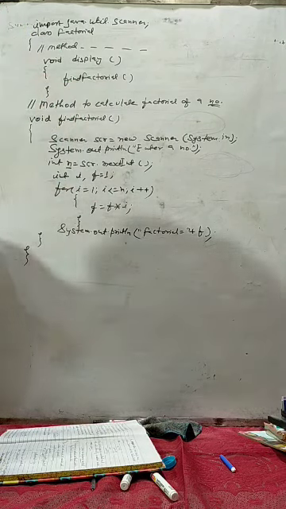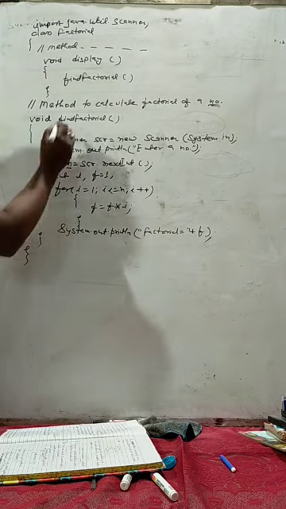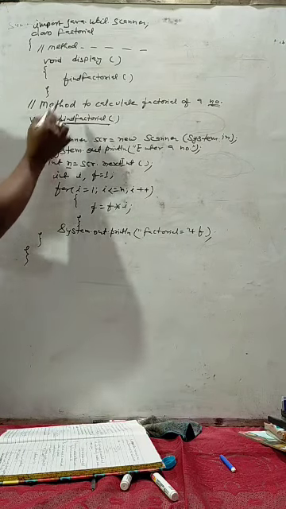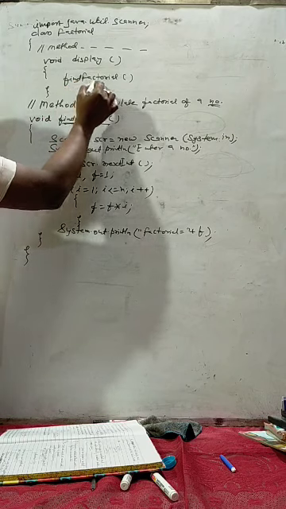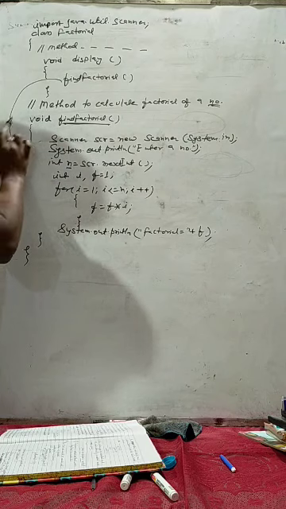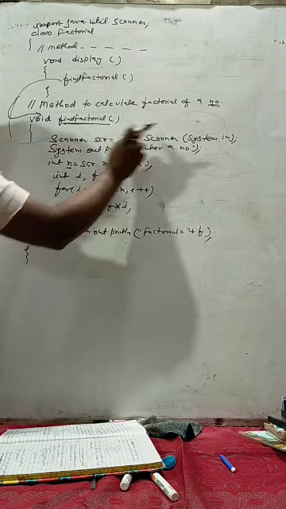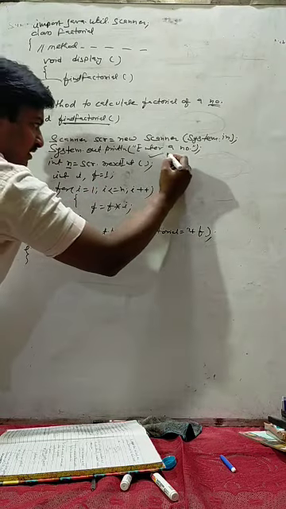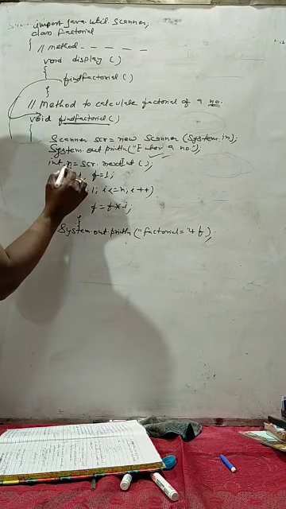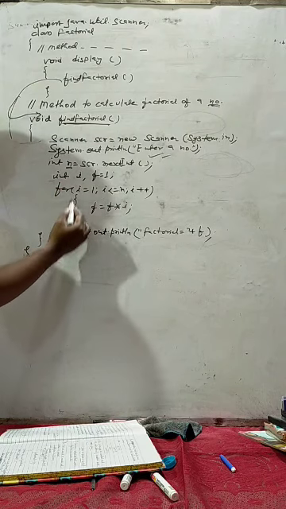Method name is find factorial. So control of the program will search it here. So here it is. The control will find it here, find factorial. Then after executing this statement, the control comes down to here and executes all these statements. Means scanner will be executed, one line will be executed, enter a number, we will enter a number, and that number is stored in n. Okay, so this is the program of factorial.